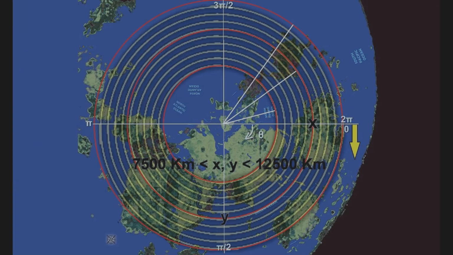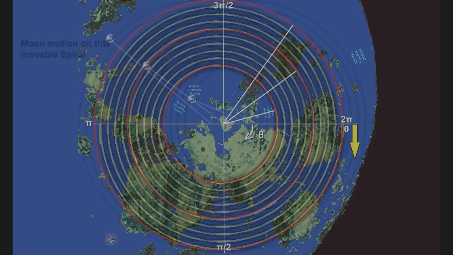Bm equals 350.88 kilometers. Sun. The Sun makes a full oscillation in 365.25 days. The spiral positions are 365.25 divided by 2 equals